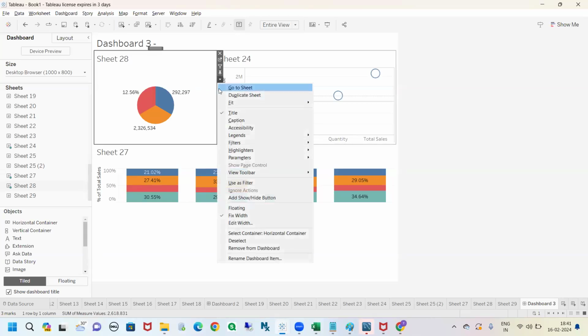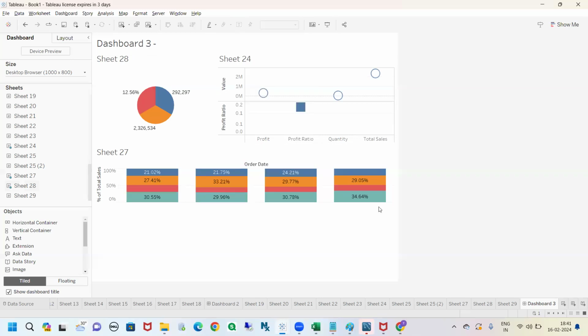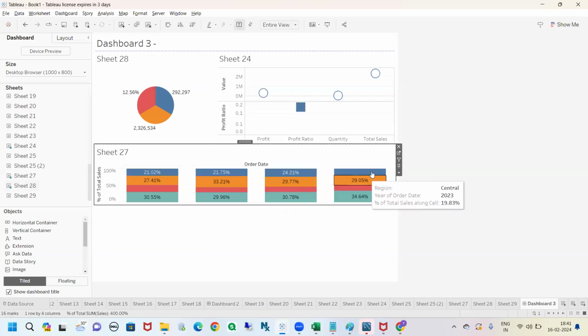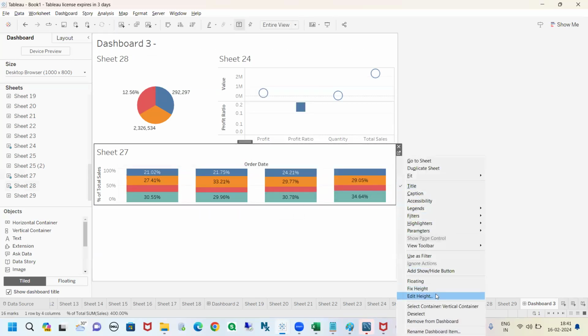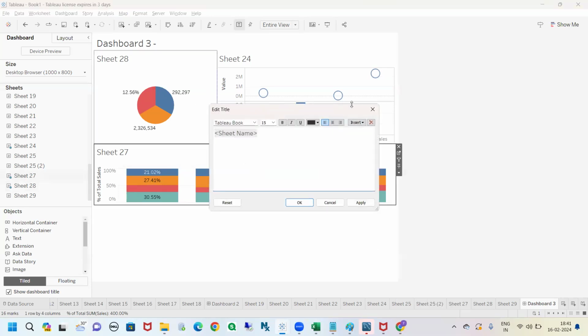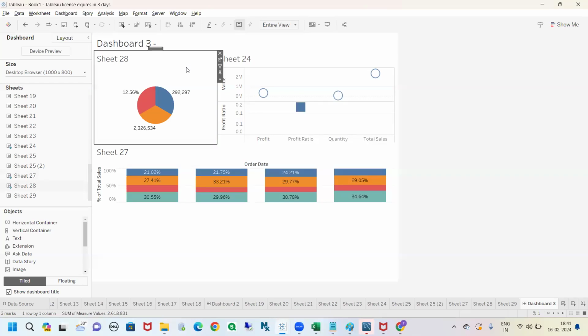Now, earlier, when you click on the sheet 28 and go to this drop down, now you can see the edit width option here. Now, why am I seeing the edit width option? You see, for sheet 27, I can see the height option only here. But for sheet 28, I can see the edit width option. Why? Because